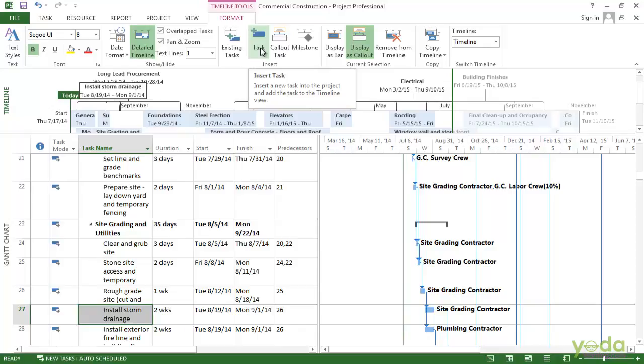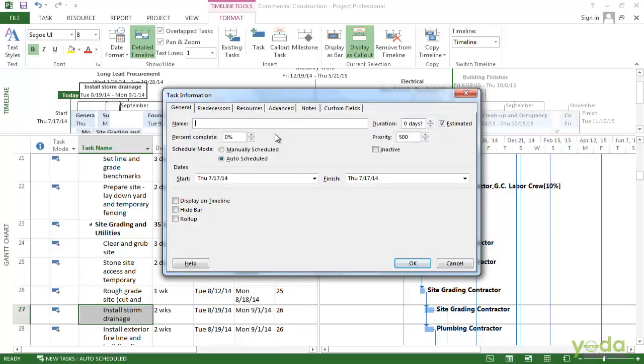In this case, I'm going to add a milestone, and a task information dialog box opens. It's the same as that opens if you are going to create a task or edit a task in the other views.